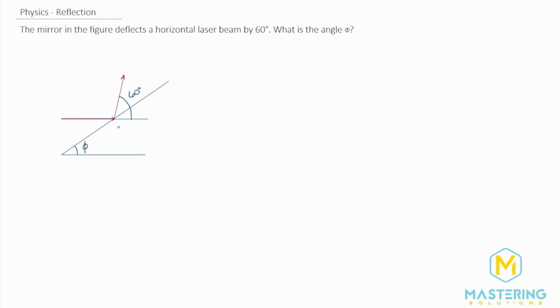And so if we draw a line here, we know from the book that this right here is our angle of incidence, meaning the light is incident on the mirror. And then this angle is our angle of reflection after it's reflected off the mirror. And by definition, the angle of incidence is equal to the angle of reflection.